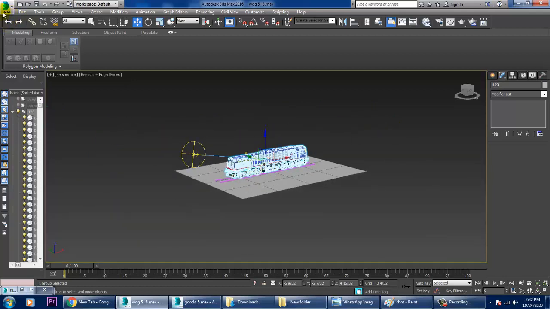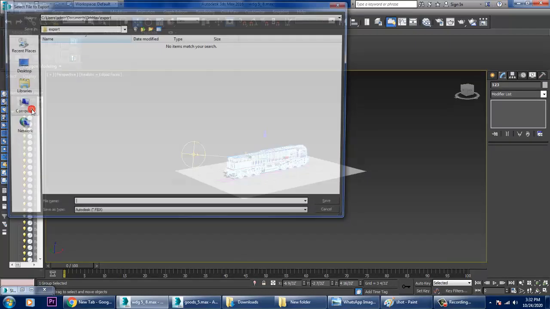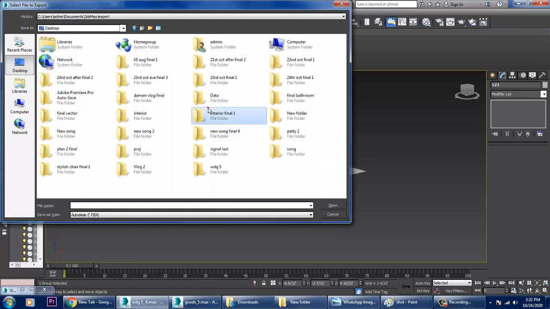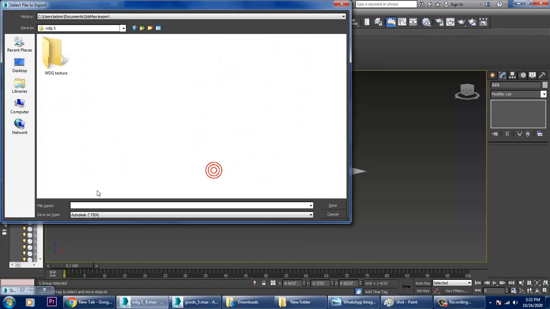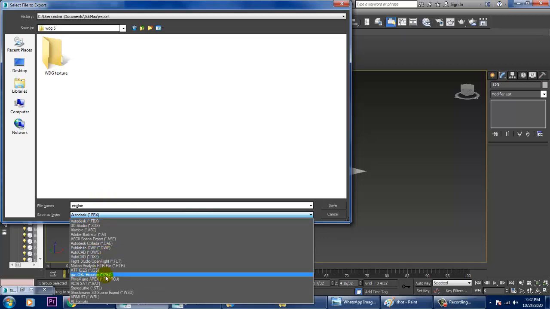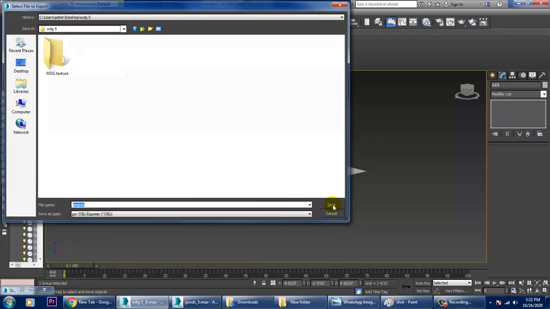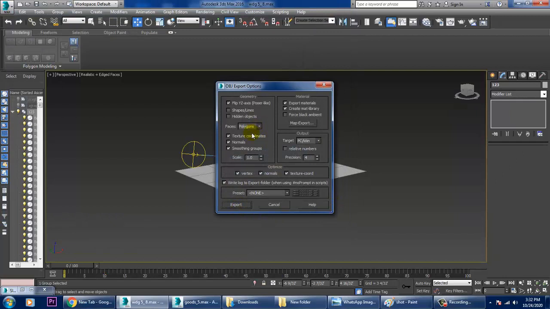I'll just export it in the same folder, WDG5 export, in OBJ format. You can keep it as chords.